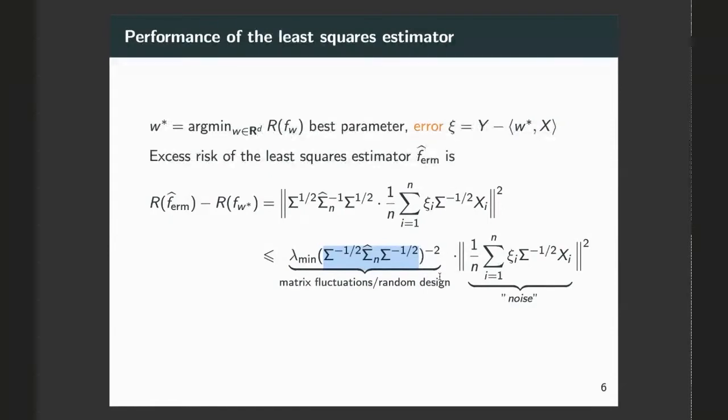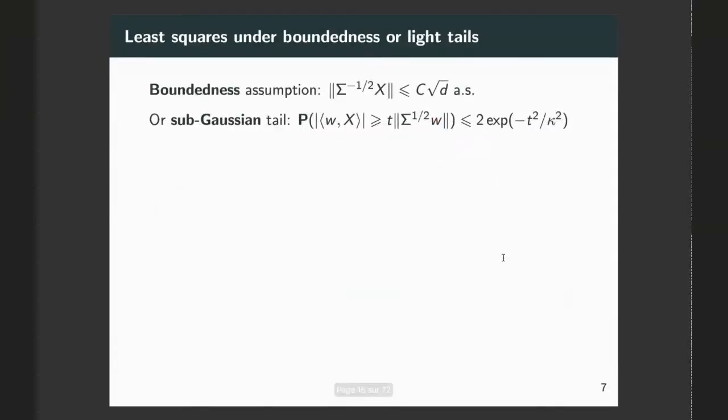But typically it can also be much larger, depending on n and the distribution. Now, if we want to analyze the performance of least squares, we have to account for both of these terms. I will go a bit quickly, but there is one type of analysis, which is the analysis of least squares under strong assumptions on the distributions. Typically the assumption would be that the distribution of X has some boundedness condition like this,